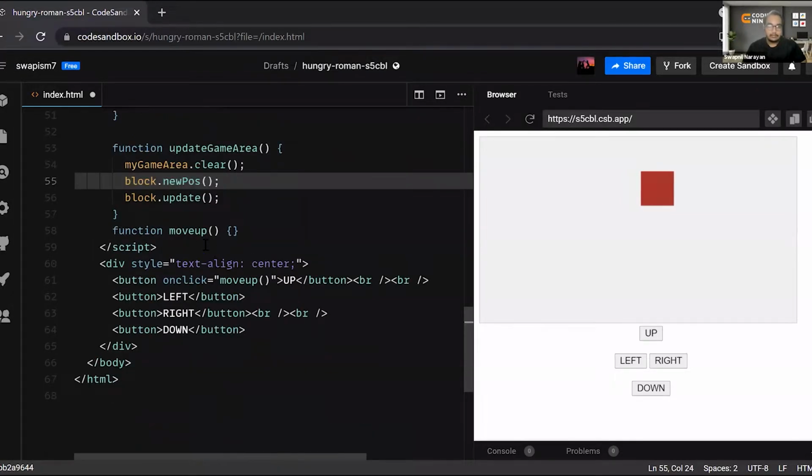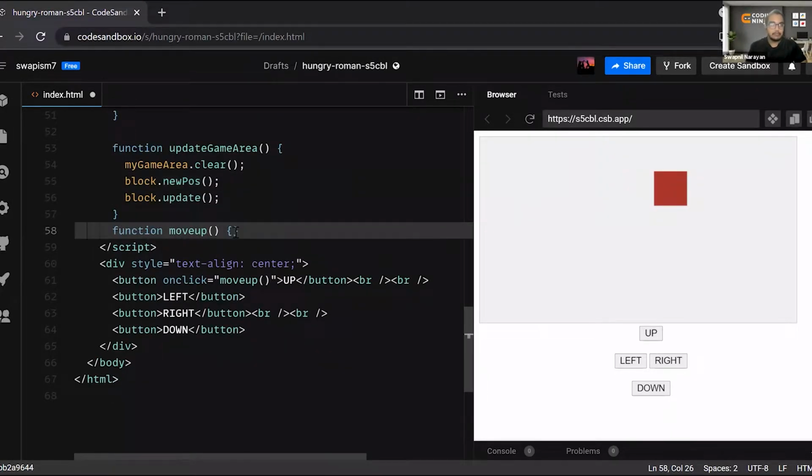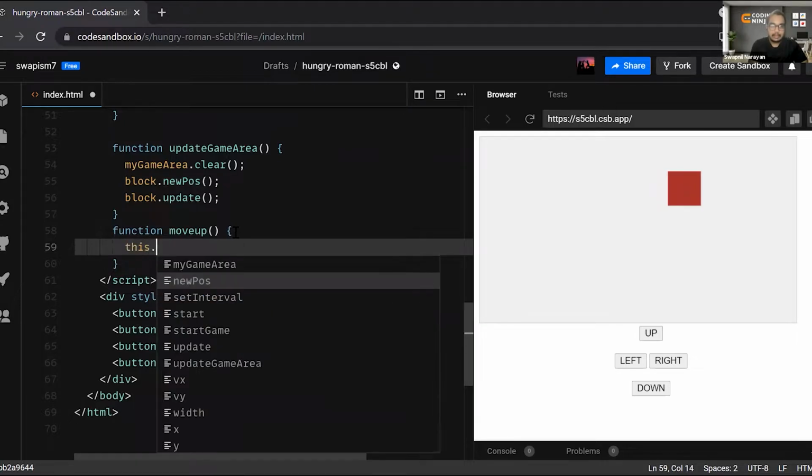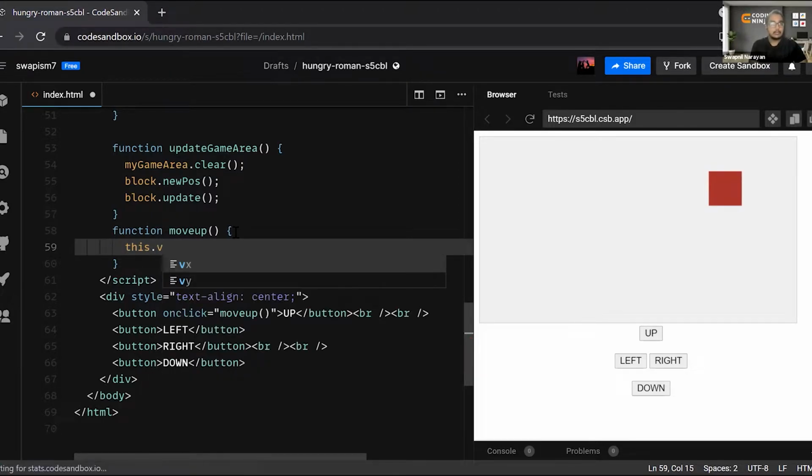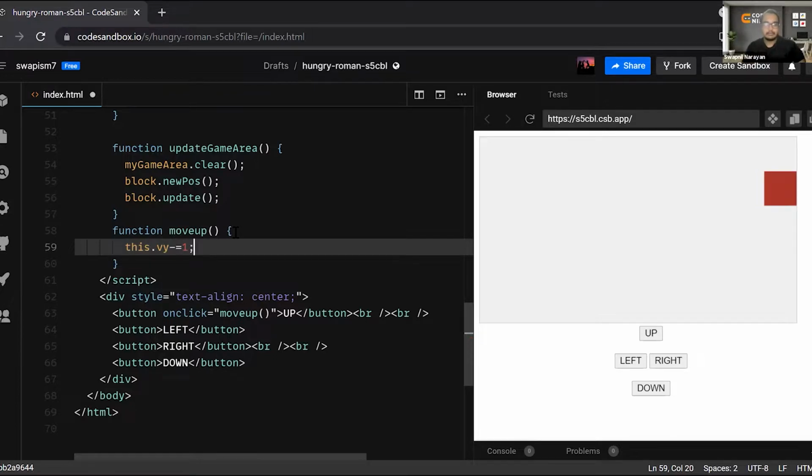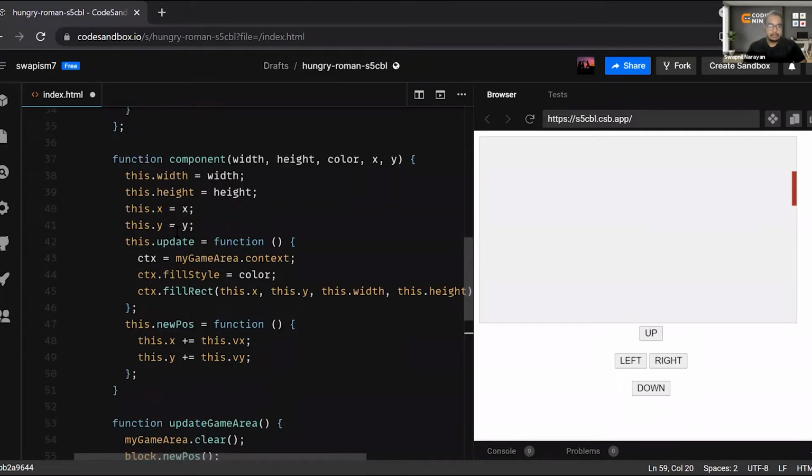And in the move function, we will just be assigning the value to vx. If I want to move this up, then vy needs to be edited, and we will be decrementing this vy. This vx and vy will be initialized with 0.